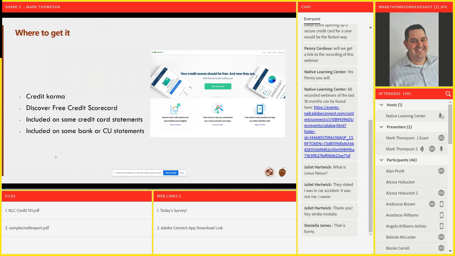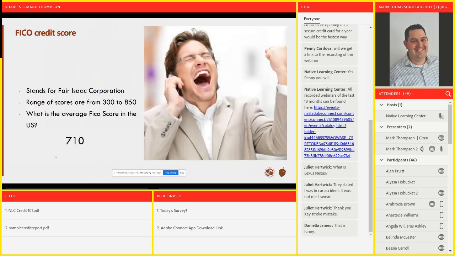But oftentimes you'll see on your credit card statement up at the top, they'll actually just give you your credit score, right? They're already checking it, so they just give you that as kind of one of the bonuses of having a credit card with different companies. Sometimes a bank or a credit union will also put it on their statements. And of course, Credit Karma, right? That's not the official credit score. The official credit score is the FICO.